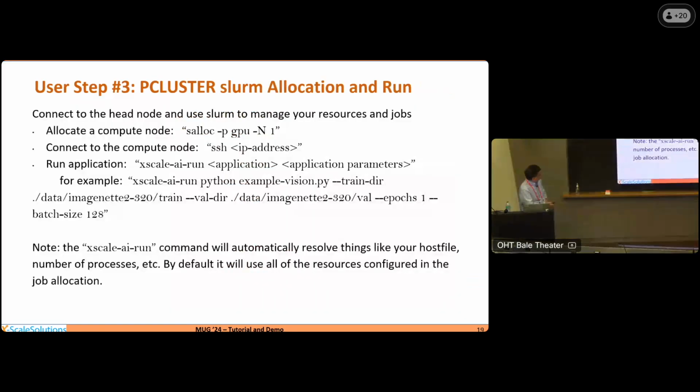Okay, next one. So this is the last step for usage. Now you have the machine created for you. You launch your job by using Slurm or whatever scheduler or parallel job launcher you would like to use. And of course, that's part of the configuration you created. So here you log into your head node, and then in the head node, you do the allocation. You have the whole machine, but you don't have to allocate the whole machine. You can allocate some part of it, and of course, you can allocate the whole machine if you want to. You use allocate, and then you SSH to part of your allocation. Then you launch your normal